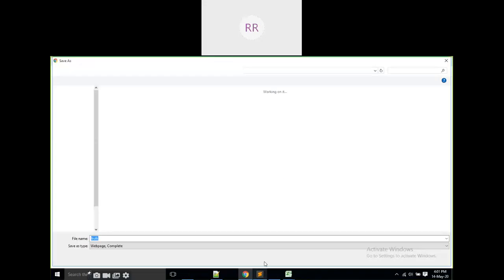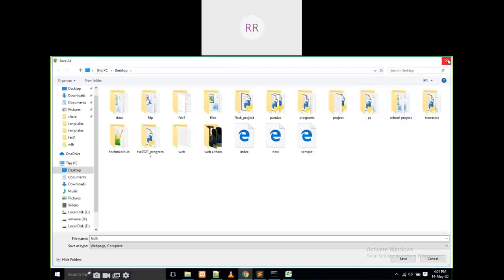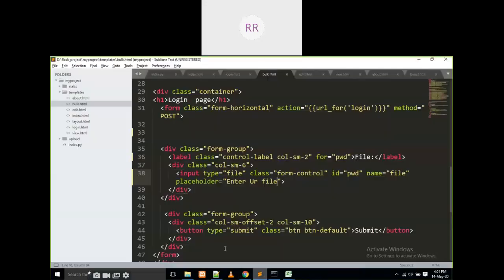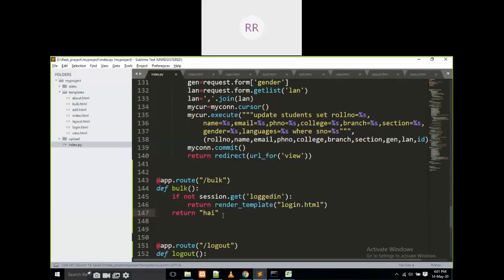I have created this file, but I have to call it here. What is the file name? render_template of bulk.html.